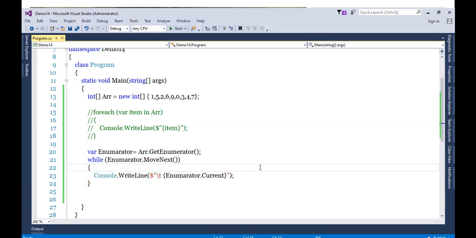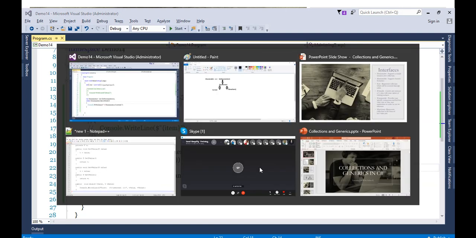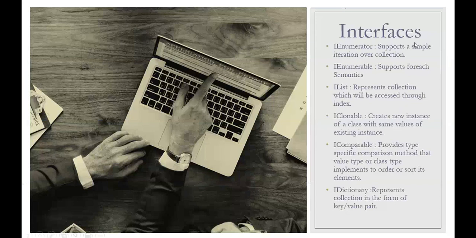Fair enough. Now, let's move ahead. IEnumerator supports simple iteration over the collection, and to do this, IEnumerator uses MoveNext and the Current property, whereas IEnumerable supports the foreach semantics.